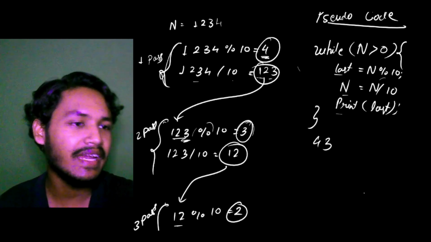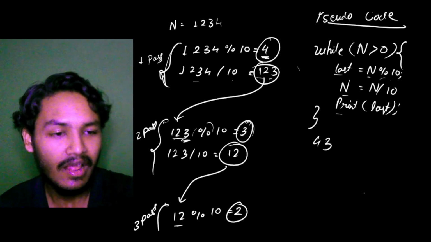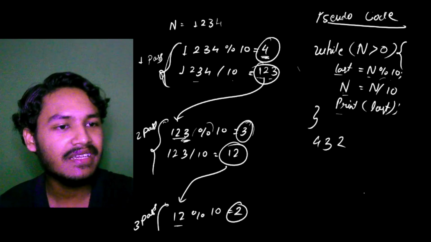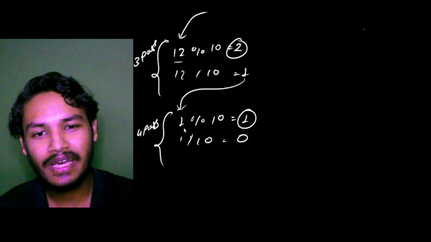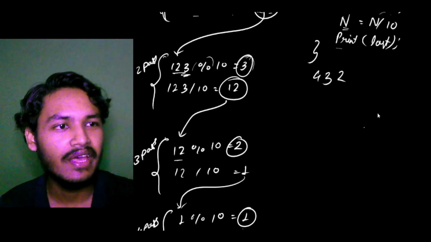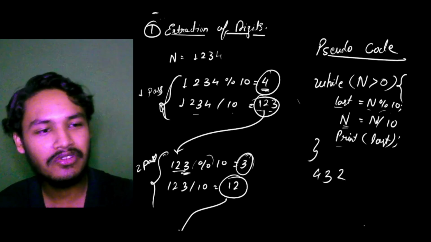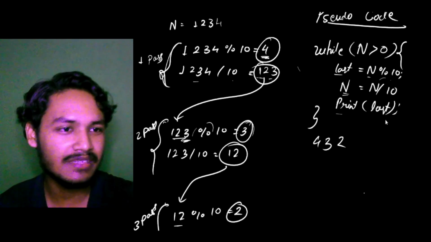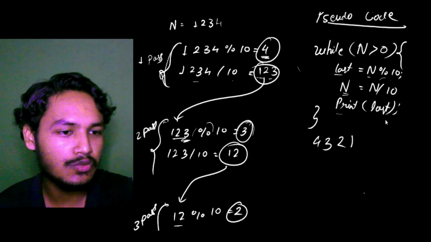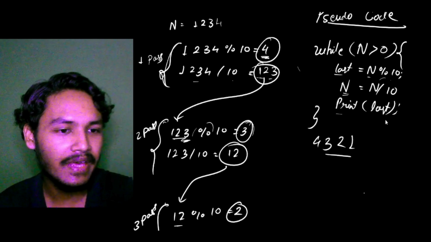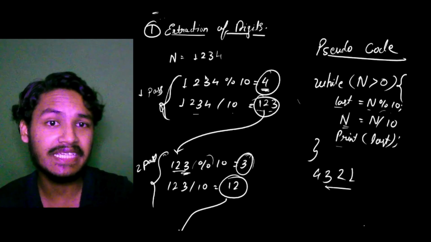We are again taking the modulus of this number by 10, we get the last digit, and we divide this number by 10, so we get 1. All right, and 1 is greater than 0, so we take the modulus, and then we divide this number and the number becomes 0, and we print the digit 1. So in this way we have extracted the digits